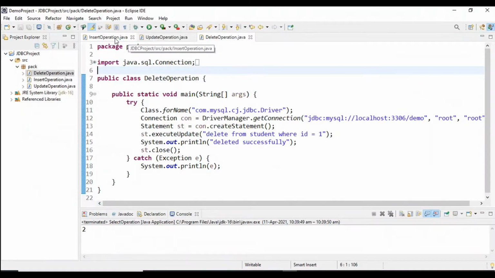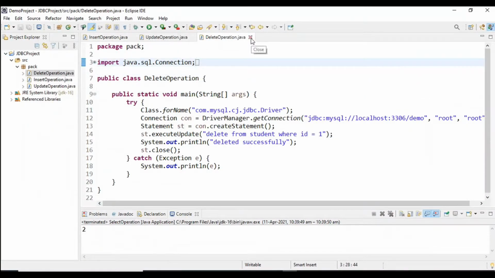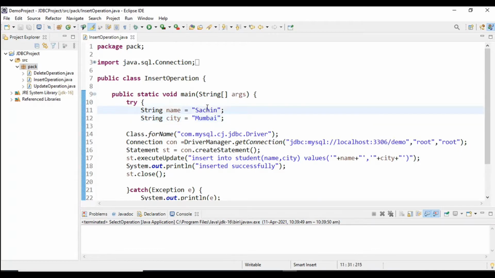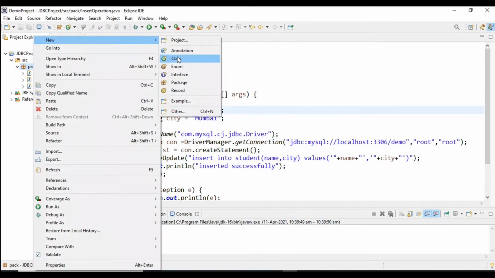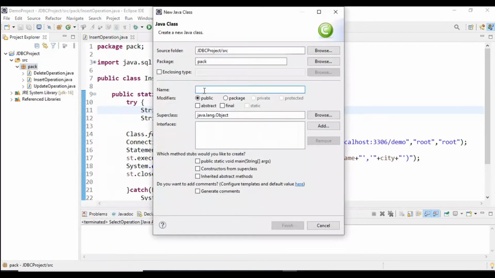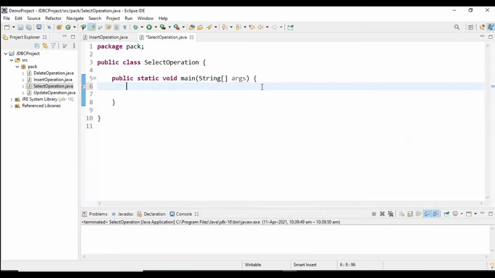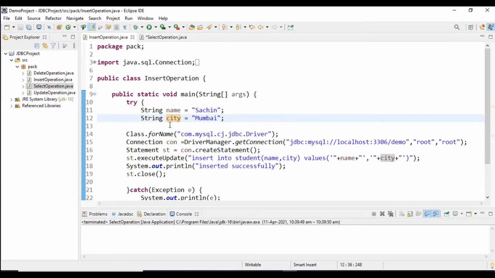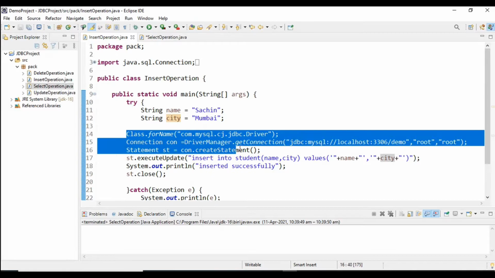These are the programs which I created in my last video. In this video, we will write a program to retrieve data from a table. I will create a new class for the select operation. I will copy this line of code to make a connection with our database, which we have already discussed.